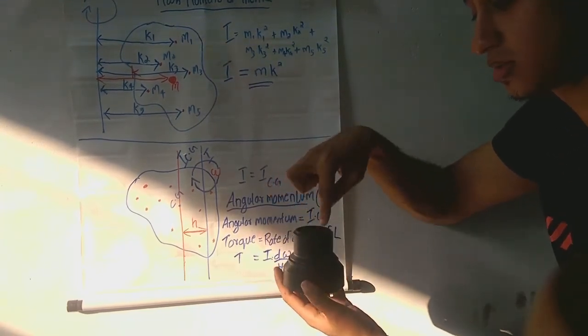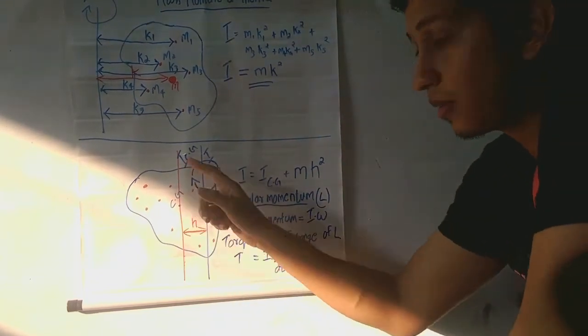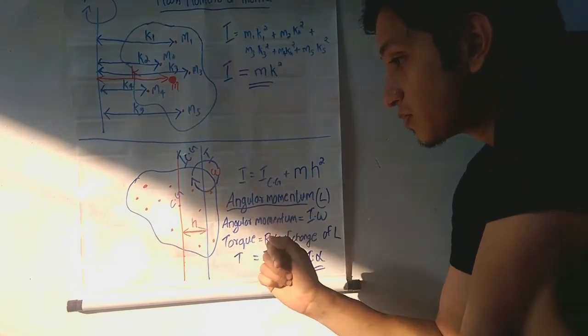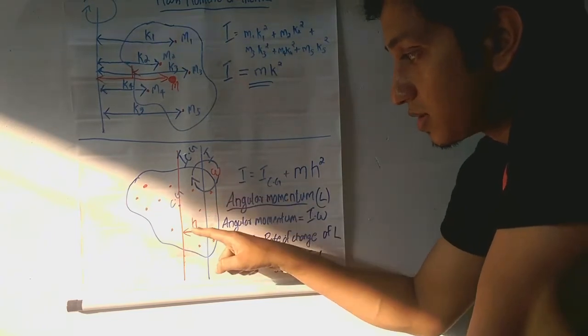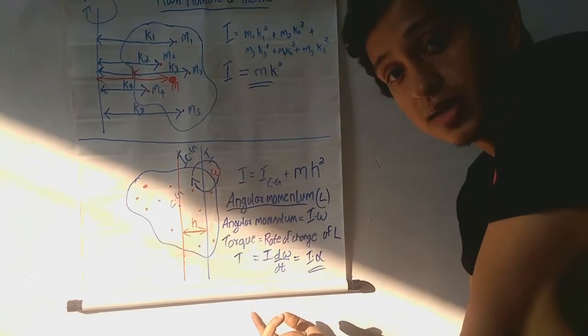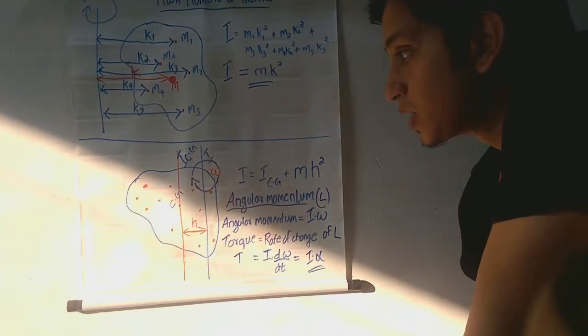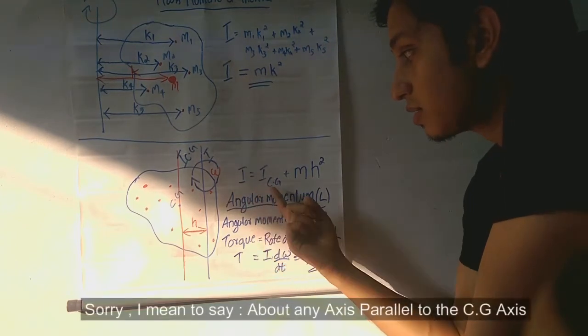We're rotating about this, so we already know the mass moment of inertia about the center of gravity. Then at any axis at a particular distance, say h, from the axis that passes through the center of gravity, you can find the mass moment of inertia about that axis by